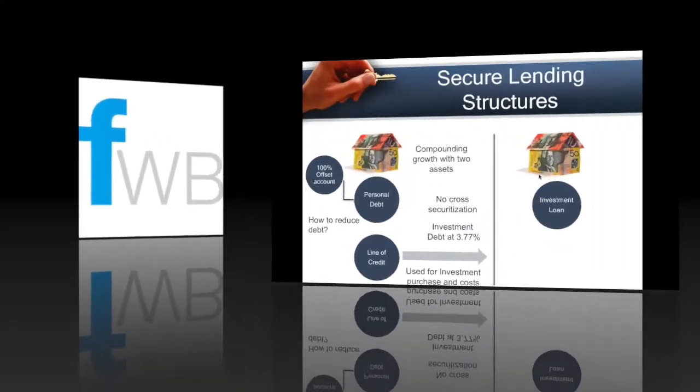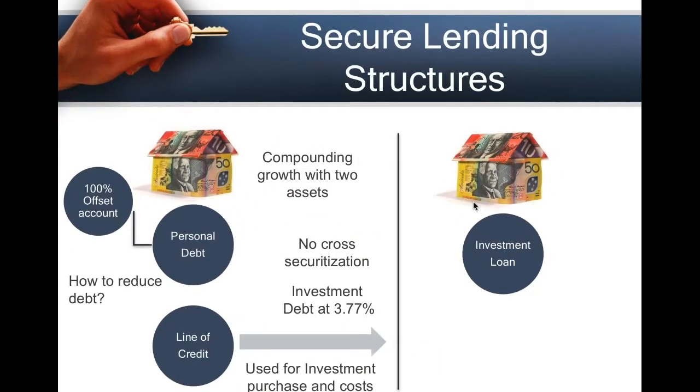And we talked about lending structure. So what I'm illustrating here is a real simple example where we've got on the left-hand side a home loan, personal debt, as I've called it there, which is secured by the home. And on the right-hand side, we have a potential, let's call it investment property, and we'll keep the same theme throughout. Probably the biggest thing that we see, and we've seen over many, many years, people make the mistake of